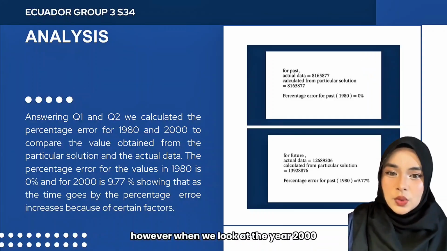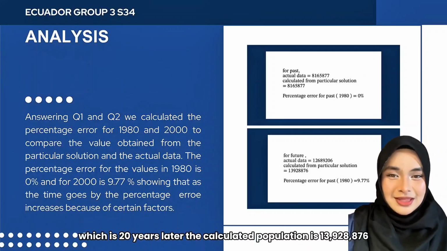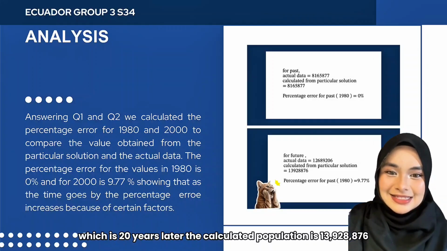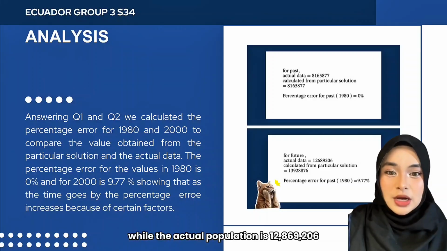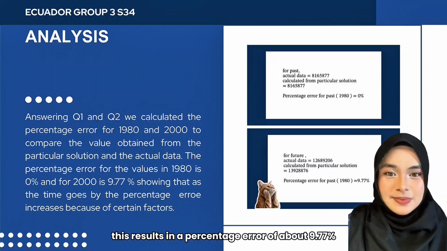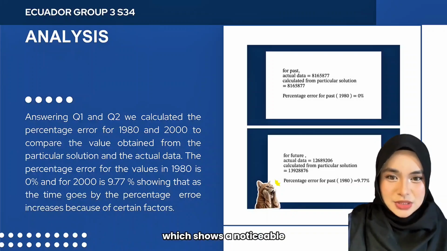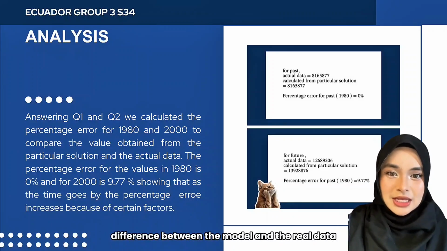This gives a percentage error of 0%, showing that our model fits perfectly at the initial condition. However, when we look at the year 2000, which is 20 years later, the calculated population is 30,928,876, while the actual population is 12,869,206. This results in a percentage error of about 9.77%, which shows a noticeable difference between the model and the